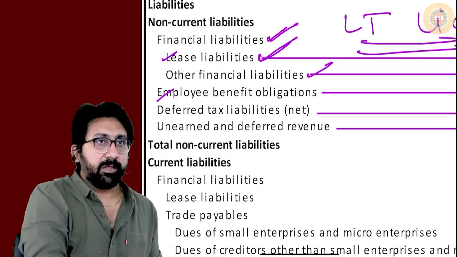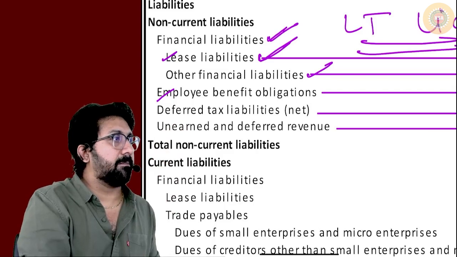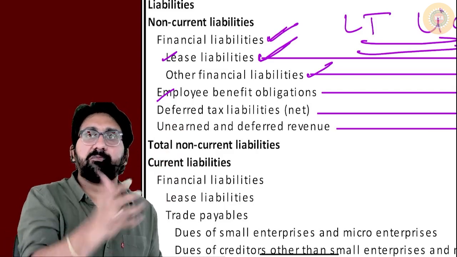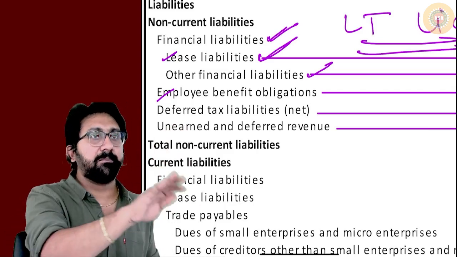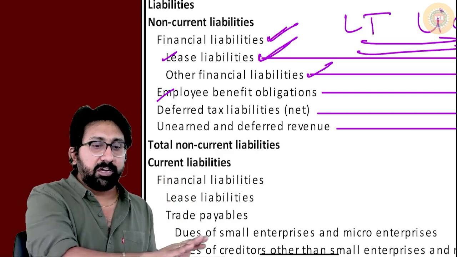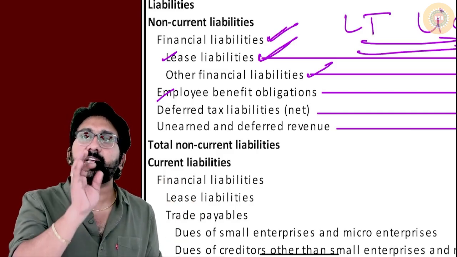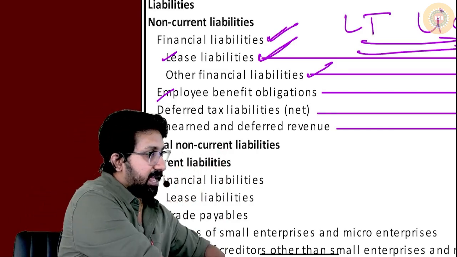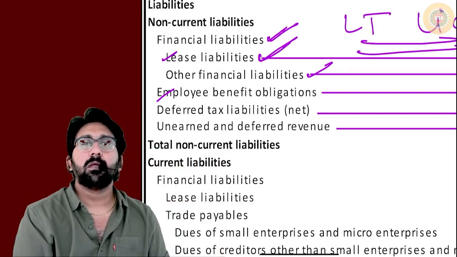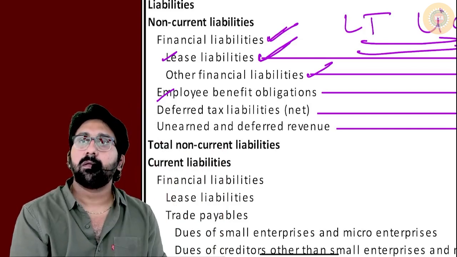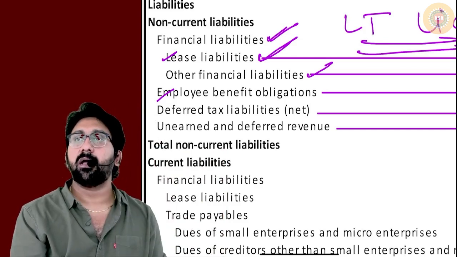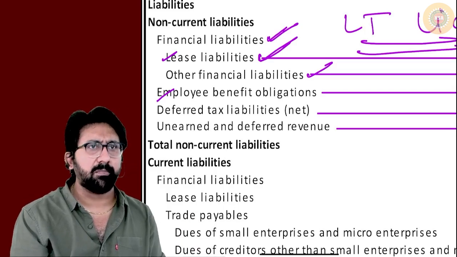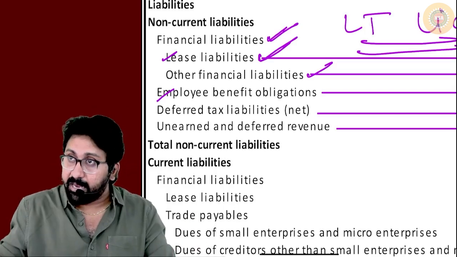You are an employee. Whenever you are an employee, it is my responsibility to take care of my employees. That's why the employee benefits concept came. You worked for 5 years with me. Gratuity is payable. In your name, I should put some amount aside as gratuity payable. Paid, payable. Liability, already paid. Long term, short term. Long term. My money, I kept aside.